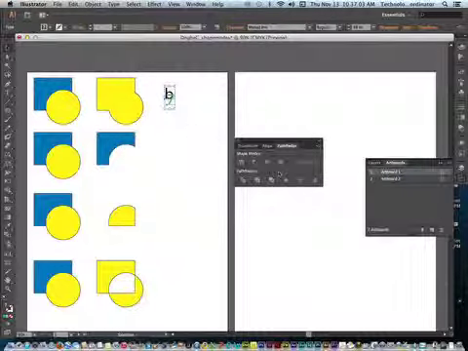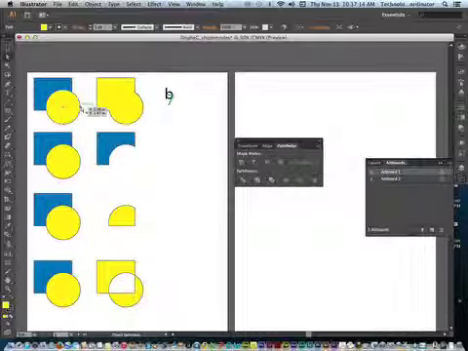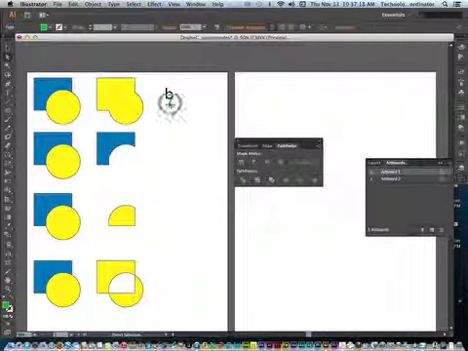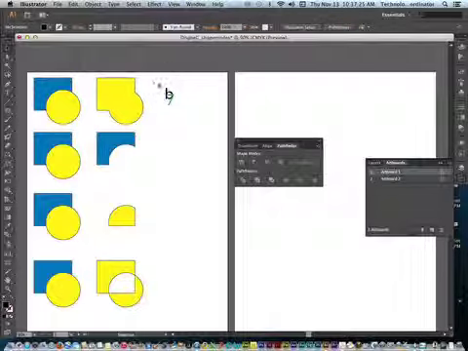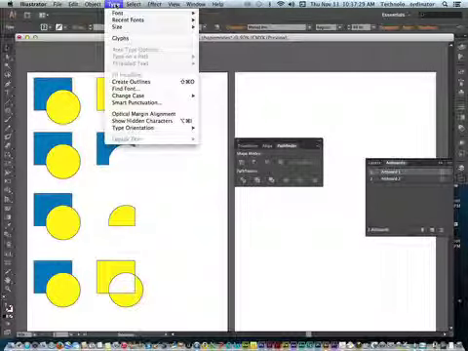So what I have to do in order to make these paths, because as you can see, they're not paths yet. Remember, on objects, when you click them, you see the 4 anchor points. And if we use the direct selection tool, you can adjust those anchor points. Whereas on type, you can't do that. Type is not in outline or in paths yet. So to create outlines and to make them into paths, you have to select them. Go to the type menu at the top of the screen, select create outlines,